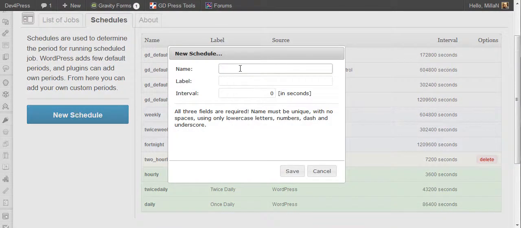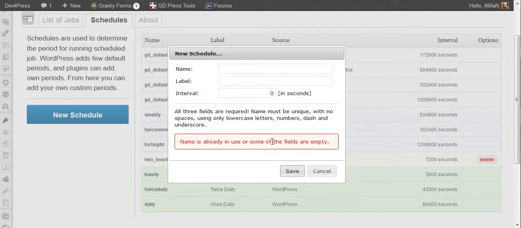You can add more. If you attempt to create a schedule that is missing some of the parameters, you will get an error message. Also, if you try to create one that exists already, you will get the same message. So you cannot create 2 schedules with the same name.